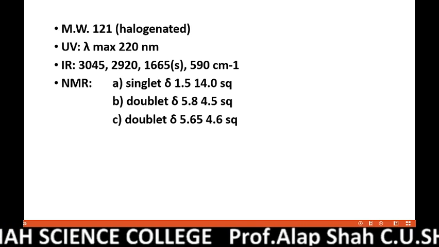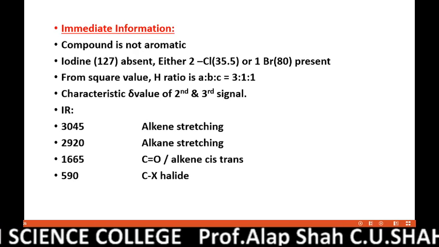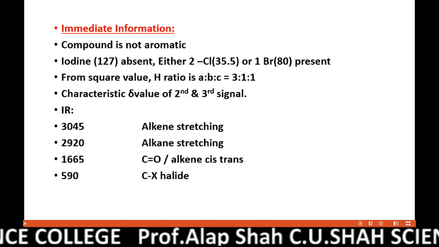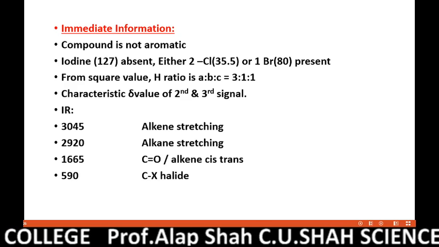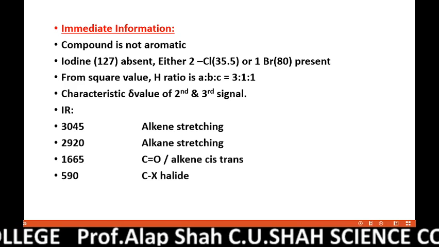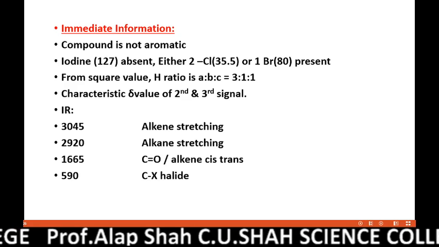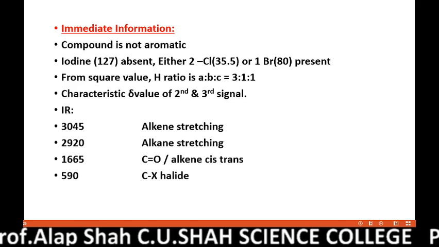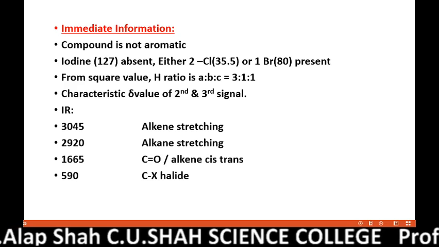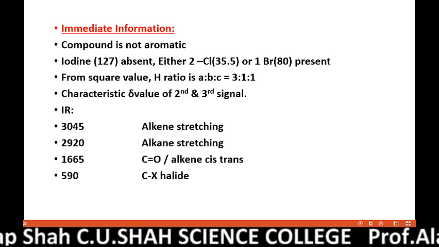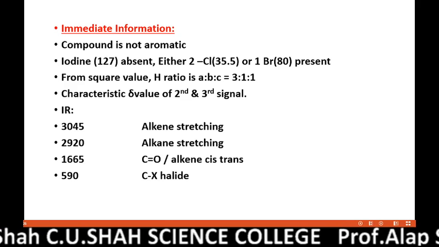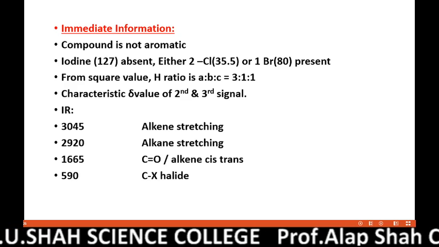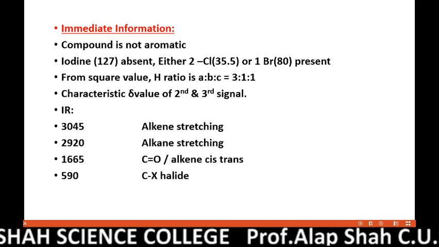So let us see the immediate information. First of all, we can say that the compound is not aromatic. It is always advisable to first determine whether the compound is aromatic or aliphatic. Second point, halogenated is already mentioned. Now the total molecular weight is 121. So there is no question of iodine because iodine's atomic weight is 127. We know that chlorine's atomic weight is 35.5 and the molecular weight is not an integer. That's why, half integer. That's why we can say that either two chlorine atoms should be present or one bromine